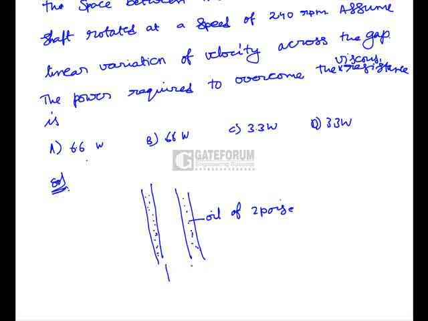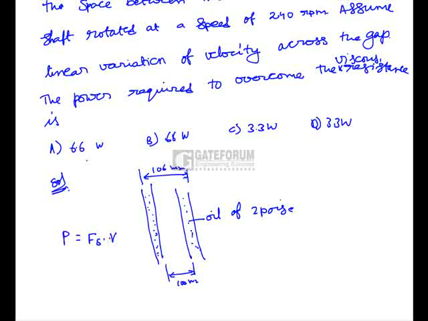And here the shaft diameter is 100 mm and the tube diameter is 106 mm and the tube length L is 2 meters. So here we'll have to find out the power required to overcome the viscous resistance. Here power required to overcome the viscous resistance is given by the shear force into the tangential velocity of